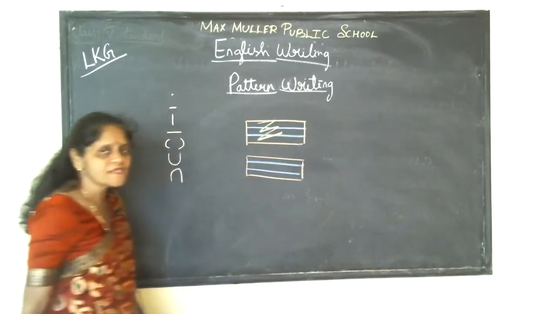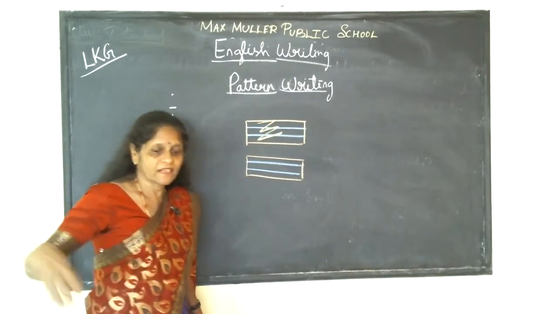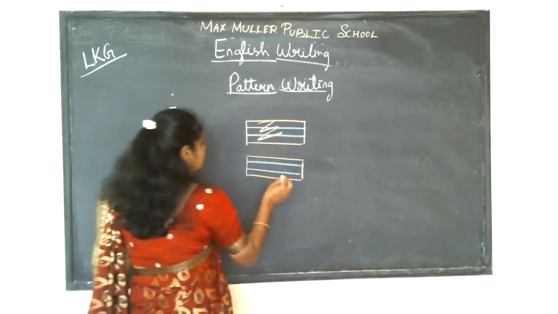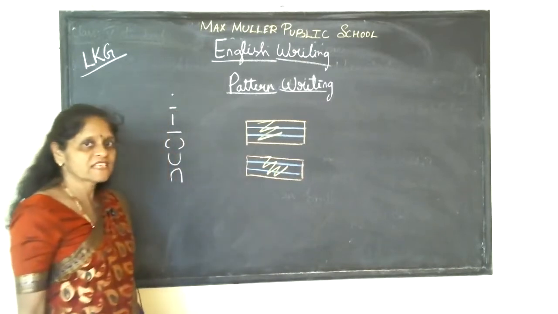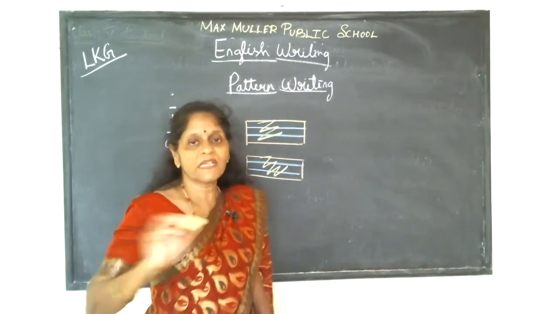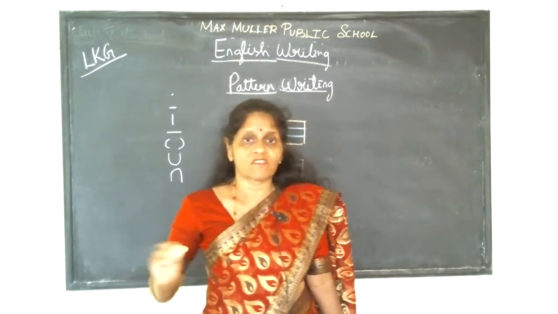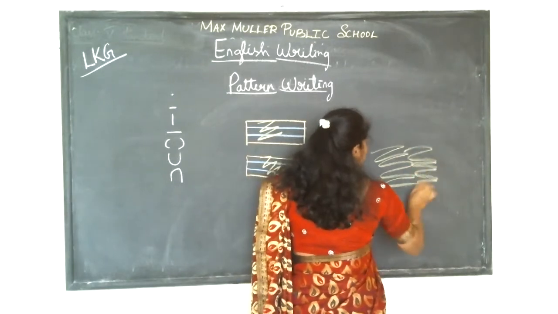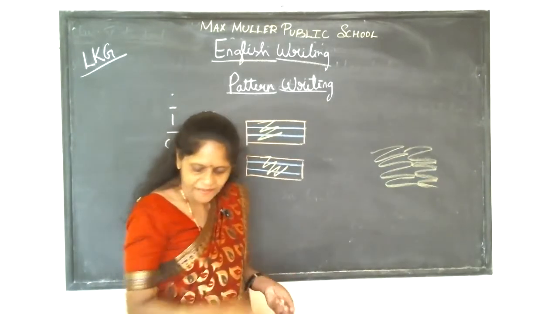Zigzag. A zigzag means you have so many objects with zigzag. When you're going running race, you curve like this and go zigzag. How do you write zigzag? From the red line, you do like this. Zigzag. Next, zigzag means when you scribble. When you scribble the coloring book, you take a pencil and you start scribbling in zigzag position, right? How do you do that? Like this. You do the coloring in your book, right? Scribbling, that is called. So you do it in zigzag pattern.